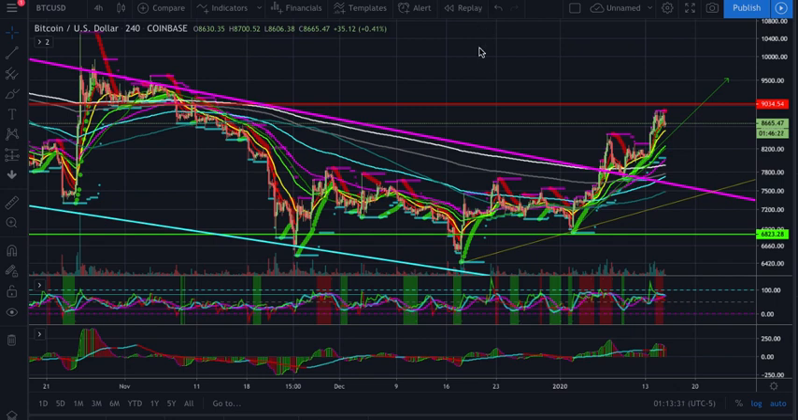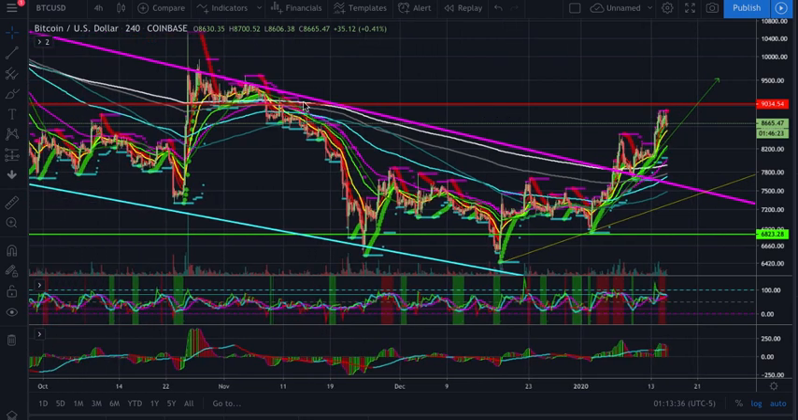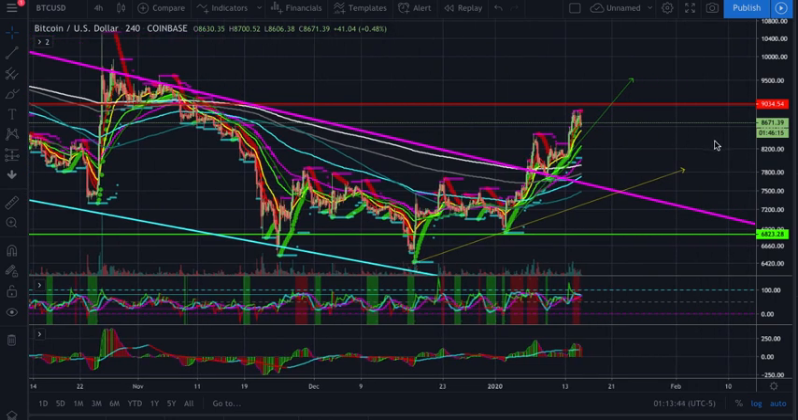So here we have our Coinbase chart. This is a 4-hour. And as you can see, we have broken out of the channel on this chart here. And we started to form an uptrend with a higher swing low. And that was prior to breaking out of the channel. We broke out of the channel, came back down, retested the breakout point, and now we are moving to the